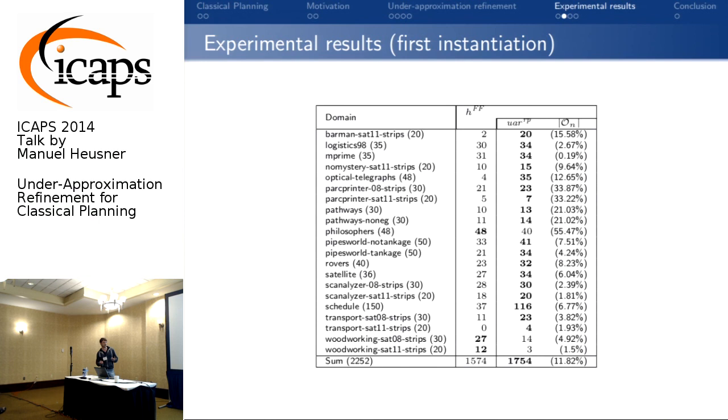It's the percentage of all available operators, but only this one in the last under-approximation. Yes, we see that we can significantly reduce the amount of operators, and yes, we have improvement in the coverage,